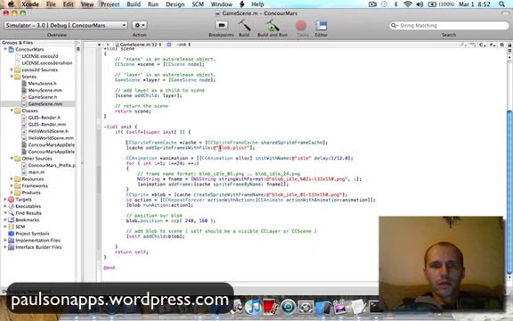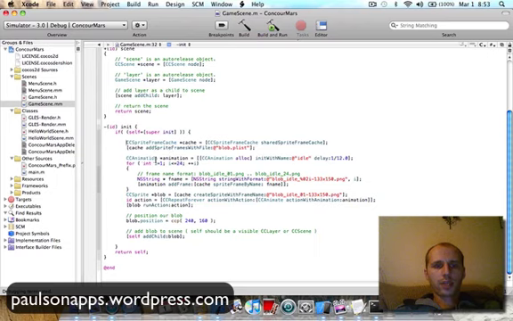I've named it blob, which comes from the tutorial I used, and I'll show you this file in a second. It's a plist file, so it's sort of like an XML file. It just lists all the different images and their related attributes, so the size, the width, the height, and all that kind of stuff. Then I come through here and I want to animate this sprite from the cache.